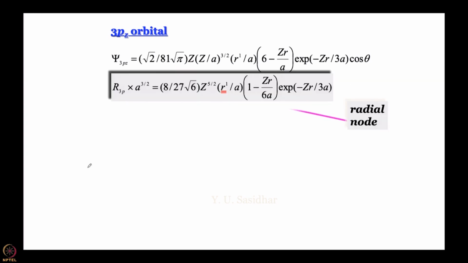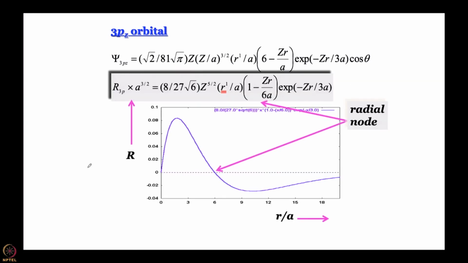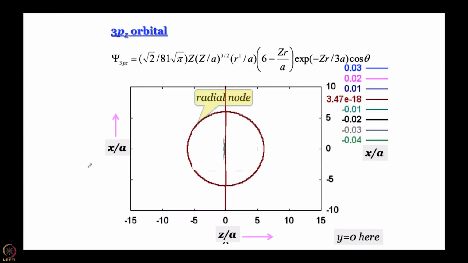Now, what happens? See, when you equate this, you get this radial node, as we said already. So, the function will start from 0, because r is there, go through a maximum, come down, go through the node, change sign, and then become 0 asymptotically. Okay. So, this is your radial node. What is the locus of the radial node? A sphere of course. Alright.